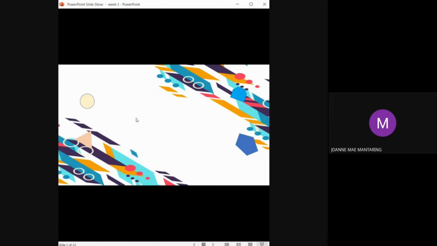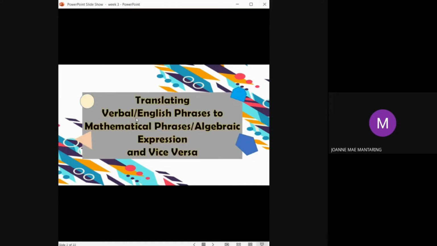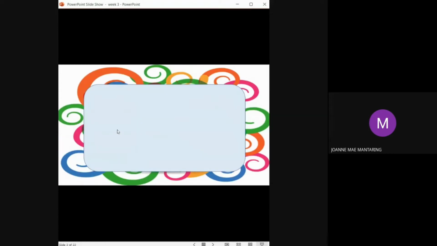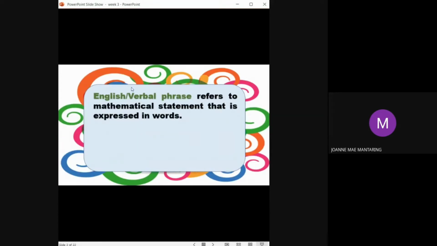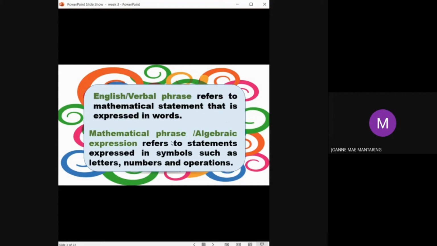And our topic for today is all about translating English or verbal phrases to mathematical phrases or the algebraic expression and vice versa. First, let us define what is English or verbal phrase. So, English and verbal phrase refers to the mathematical statement that is expressed in words. However, when we talk about mathematical phrase or algebraic expression, it refers to the statements expressed in symbols such as letters, numbers, and operations. And our goal for today is to translate English or verbal phrase into mathematical phrase or